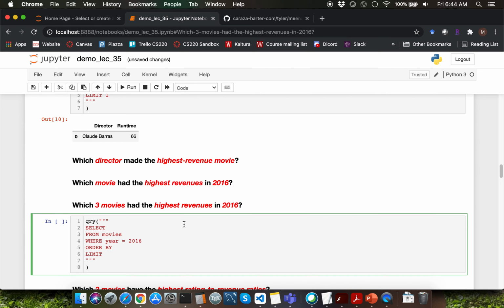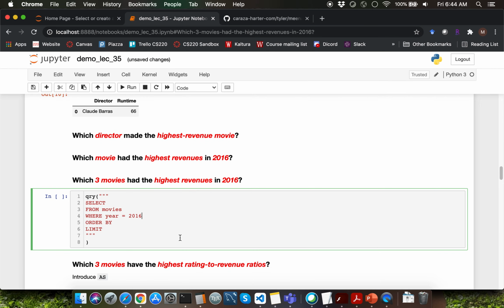So we've written one part of the question, which is about the movies in 2016. Let's focus on the other two parts. We are asked about the highest revenue, so clearly we need to order by revenue here. We need to remember to include the descending order because we want the highest revenue.